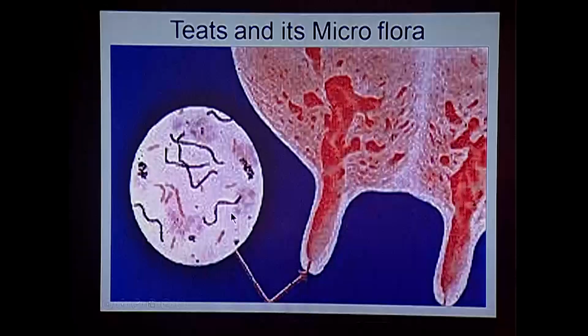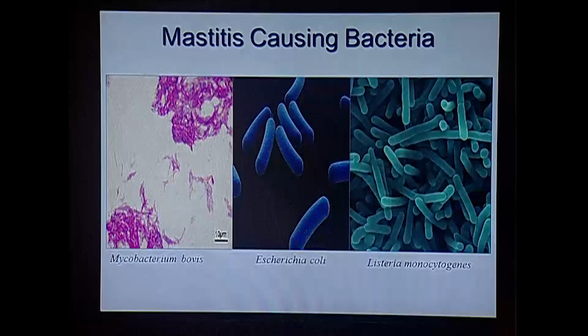Let us now see how bacteria can enter milk. So what are the sources? The first is when the milk comes out from the udder through the teats to its immediate surroundings. The teats generally have their normal microflora. The microflora present on the pores of the teats can enter the udder and thereby contaminate the milk. The second source is a number of bacteria like Mycobacterium bovis, Escherichia coli, and Listeria monocytogenes,